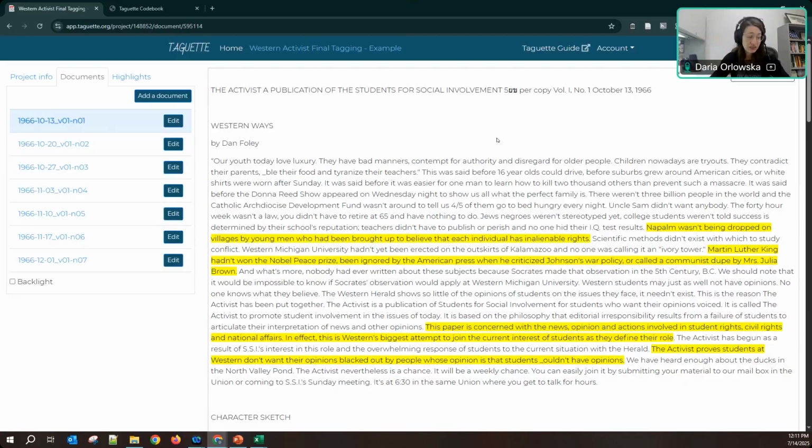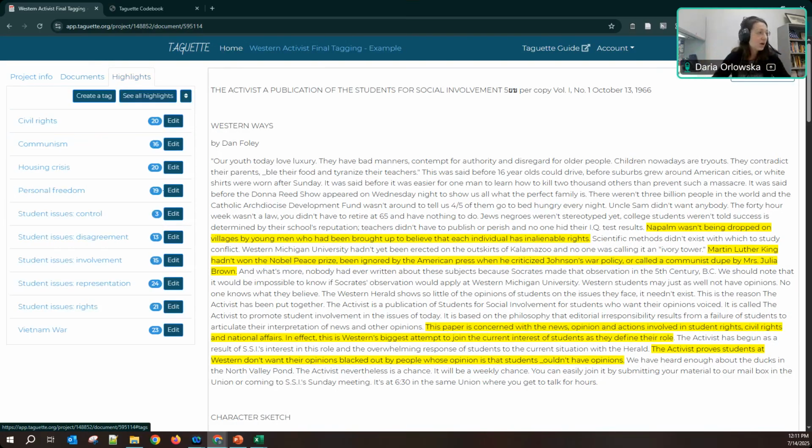Is there a way to do subtags? No, unfortunately, there is not a way to do subtags. But you can manually do subtags by using a delimiter like a colon to help you differentiate similar types of tags. So within here, we have something like student issues colon disagreement, student issues colon involvement.